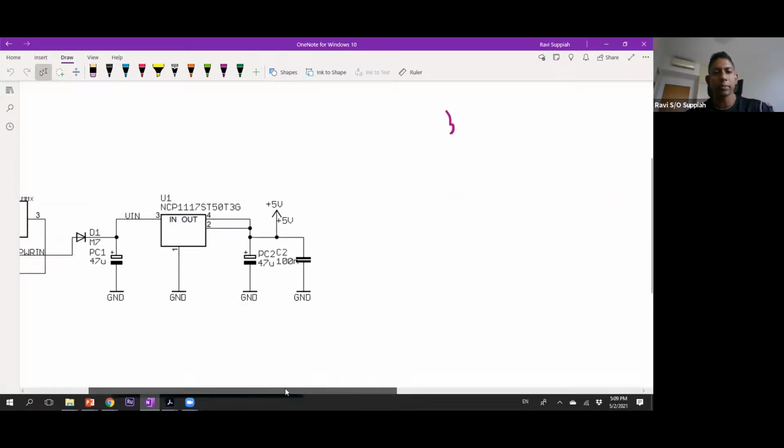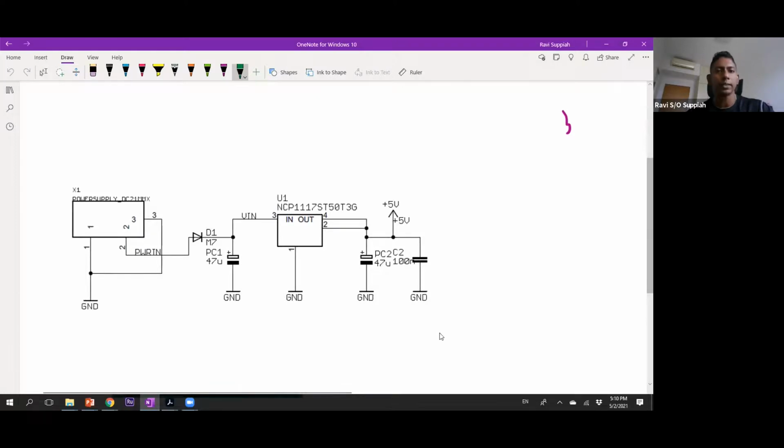A voltage regulator is a very simple device that takes in a voltage within a range. The voltage coming in can usually have a range, maybe 5 volts up to 15 volts or something like that, but it will guarantee a fixed output depending on the type of regulator you're using. So this NCP1117 gives us a fixed plus 5 volts. This kind of regulator is very commonly used in many devices because it allows you to take any voltage and provide fixed voltages at different points in a circuit.